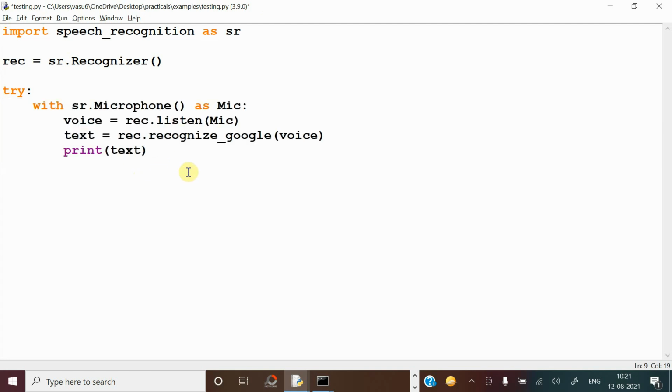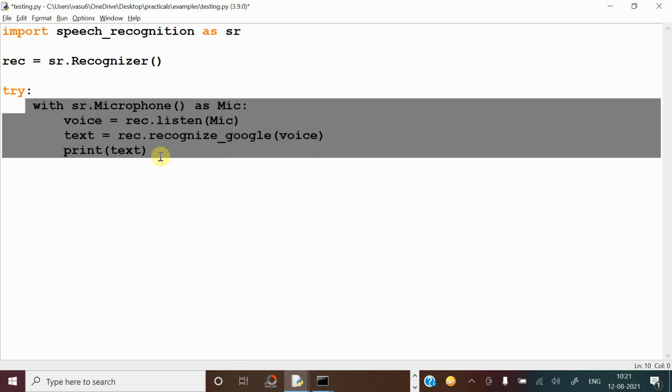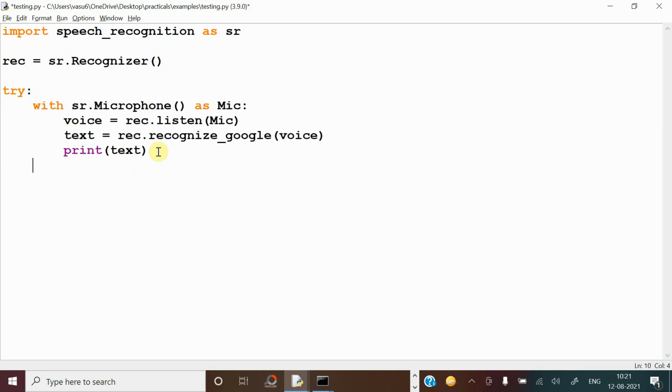Good. Try. The code kept in the try block, if any error arises in this part, then control will automatically be transferred to except. In except, if there are any input errors, they can be kept here.